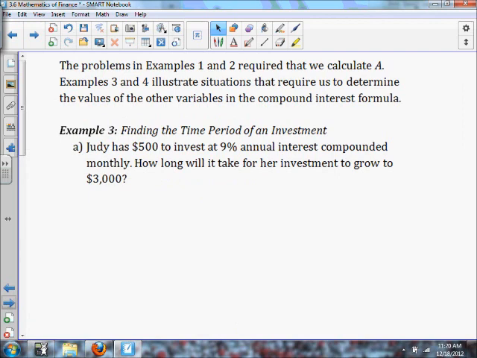All right, now the problems in examples 1 and 2 require that we calculate A. So basically just put the numbers into the formula and get out an A. Examples 3 and 4 illustrate situations that require us to determine the values of the other variables in the compound interest formula. So in example 3,